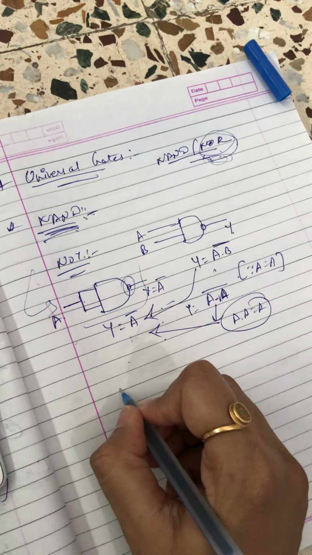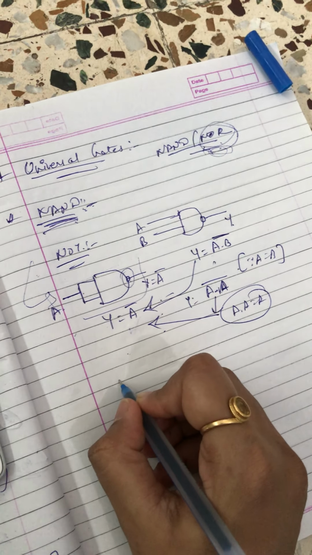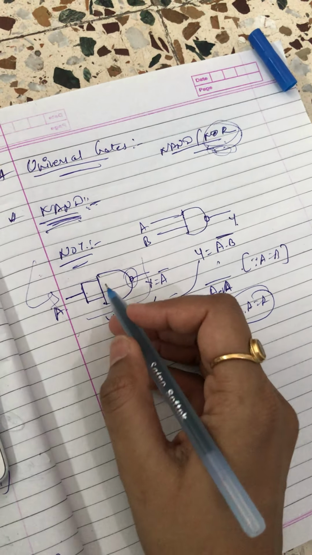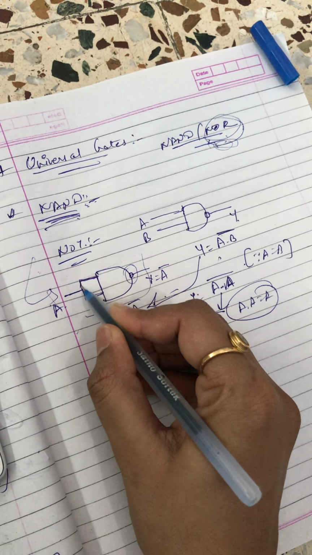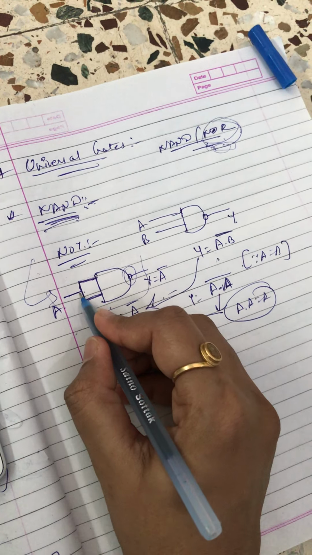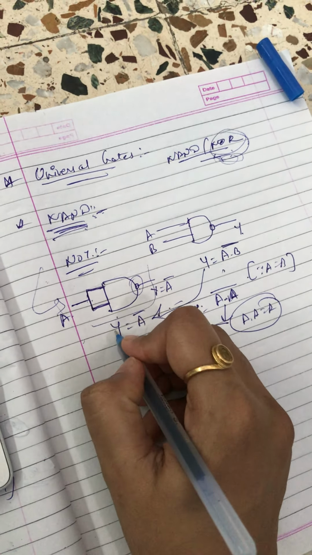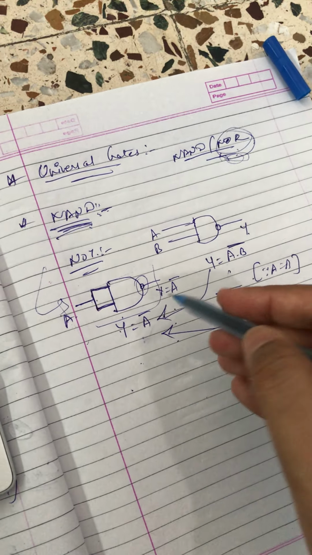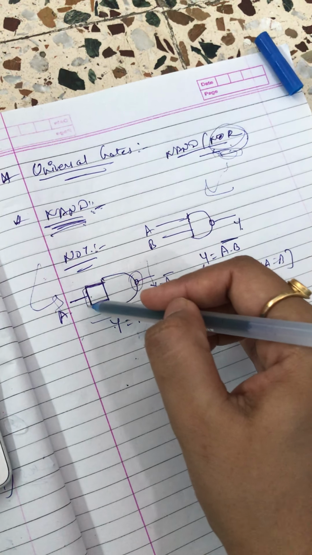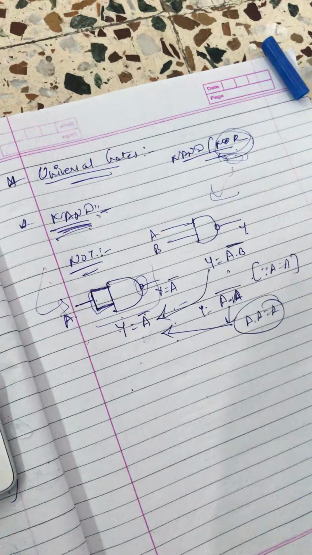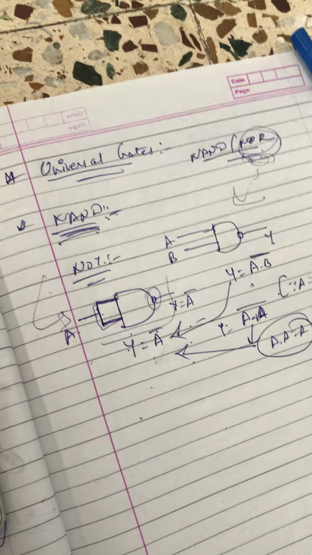So when NAND is available, you can make a NOT just by simply connecting the two inputs into a single one. This is the way you can get a NOT gate from NOR too. Just connect the inputs as a simple connection into a single one.